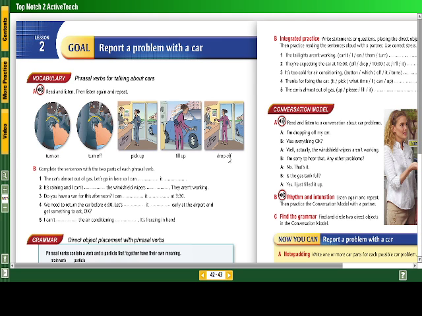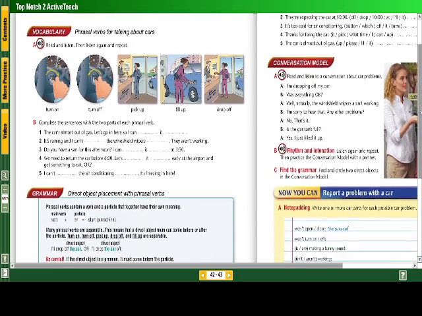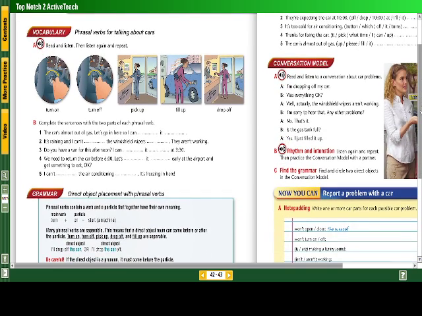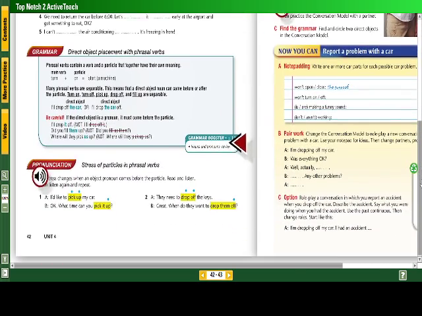So, as for lesson 2, report a problem with a car, we have some grammar in here, and it's the phrasal verbs, okay? We have some verbs that are turn on, turn off, pick up, fill up, and drop off. Okay? When we place the object, the direct object, with a phrasal verb, we might have the verb together or